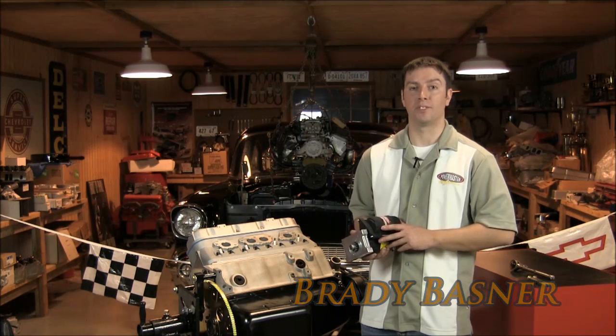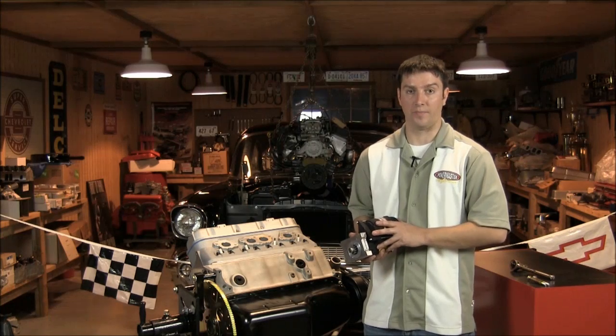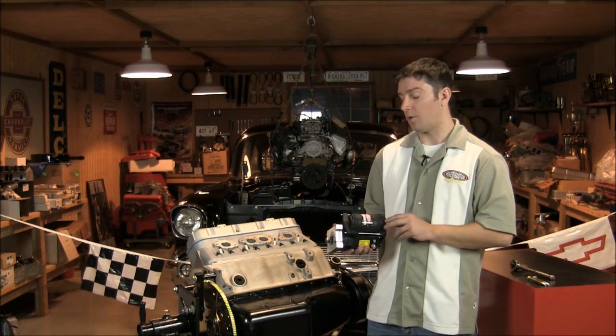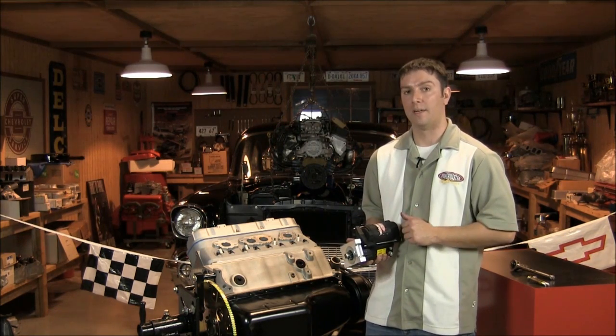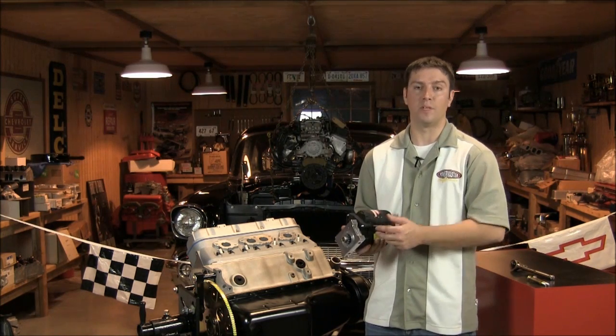We're here at Floyd Garrett's Muscle Car Museum in Sevierville, Tennessee to talk about how to properly select and shim a Chevy starter. Today we're going to be installing our Master Torque series starter on this SB2 small block. The Master Torque is good for up to about 13:1 compression, has an aluminum housing and aluminum encased solenoid to